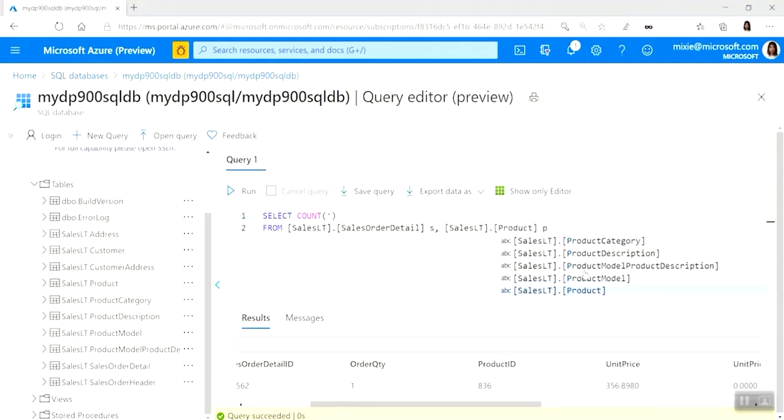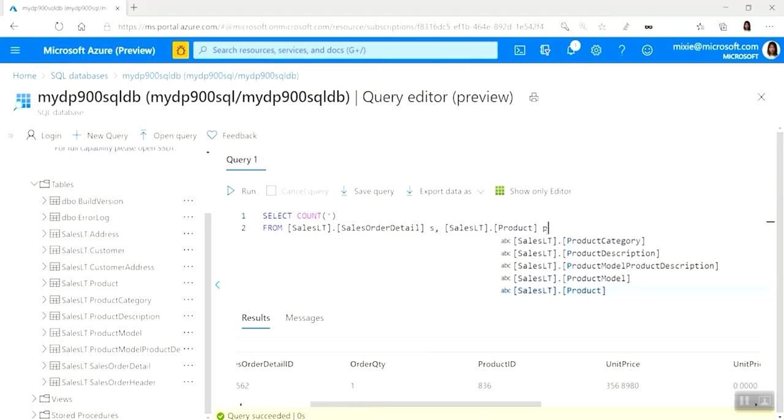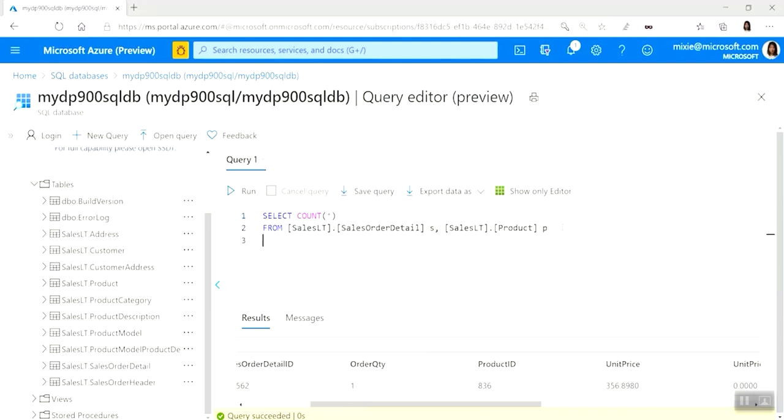Product P. So I need to give my tables that I'm querying from some aliases, because what I'm going to be doing is actually referencing the same column name. And so I need to have aliases to be able to tell SQL that I'm referencing the particular column. And so I'm just going to give this P, and then I'm going to specify a where clause, which is that conditional statement where I can say I'm only interested